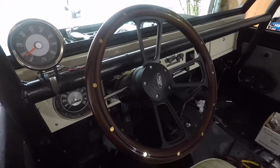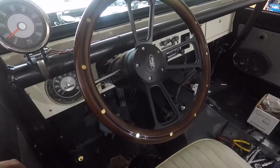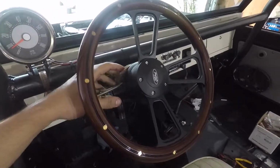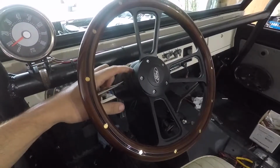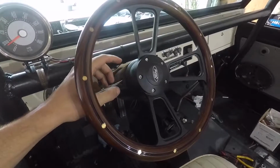I like it so far. We'll see if I need to make any changes. But additionally, the steering wheel went in pretty easily. I needed the special adapter, the A01 from Forever Sharp Steering, to hook up this steering wheel, and